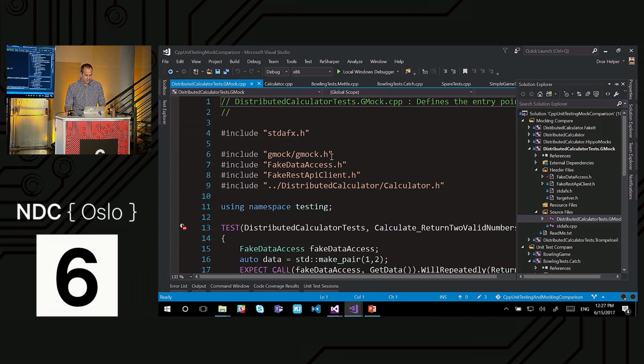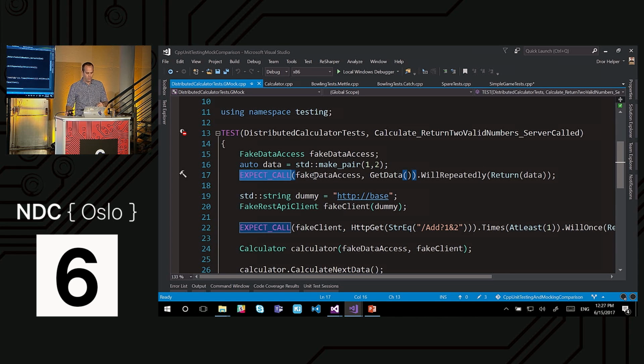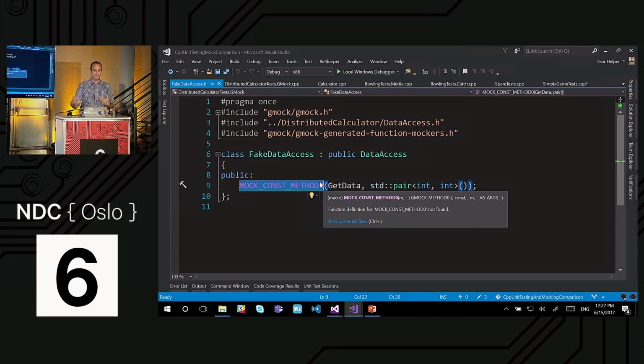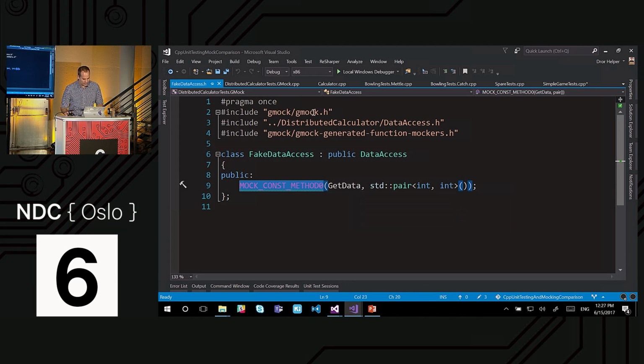basically, the test will look something like this. You first need to create a fake class. The fake class is a class that inherits the class I'm faking. And then I use one of those macros that will essentially create an overridden method in the background. You need that method to be virtual. If that method is not virtual, you should see the session I did yesterday. And then you write the method name, the return value, and the parameters. The number here is the amount of parameters. That's a limitation, not that bad.